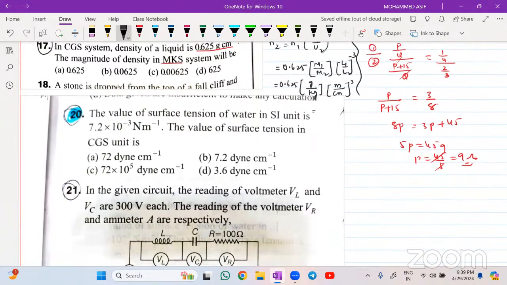Question number 20 देखो बेटा, the value of surface tension of the water in SI system is 7.2 into 10 power minus 3। The value of surface tension in CGS system, same formula again right now, N1 U1 is equals to N2 U2। कर लोगे ना? सरफेस टेंशन का डायमेंशन फॉर्मूला क्या होता है बेटा? सरफेस टेंशन इज इक्वल्स टू फोर्स पर योर यूनिट लेंथ। फोर्स डायमेंशन इज M L T power minus 2 divided by L। L, L gets cancelled, so it is M into T power minus 2 is the dimension।